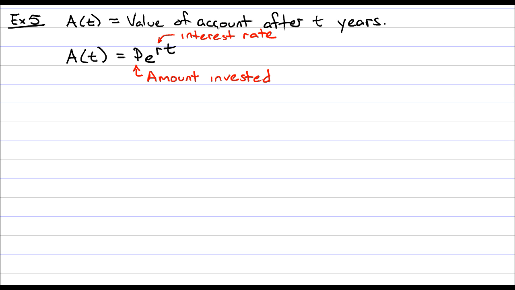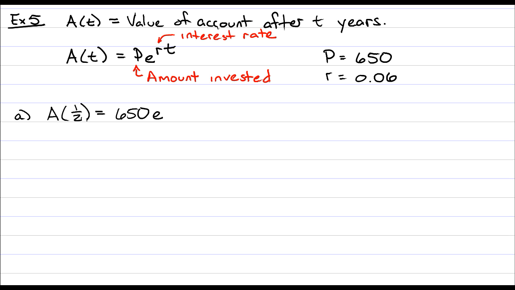So this formula is really the same formula that we used for continuous compound growth, for exponential growth of a city or a population, just with different variables. Okay, so we know that P, the amount invested in this case, is $650, and we're told that the interest rate is 6%. So that's 0.06. So in part A, we want to find out how much money is in the account after 6 months. So that's A of, well, t is measured in years, so 6 months would be 1/2 of a year. So we're going to get 650